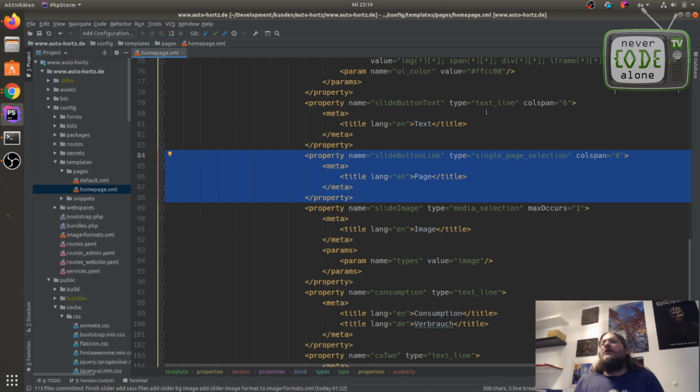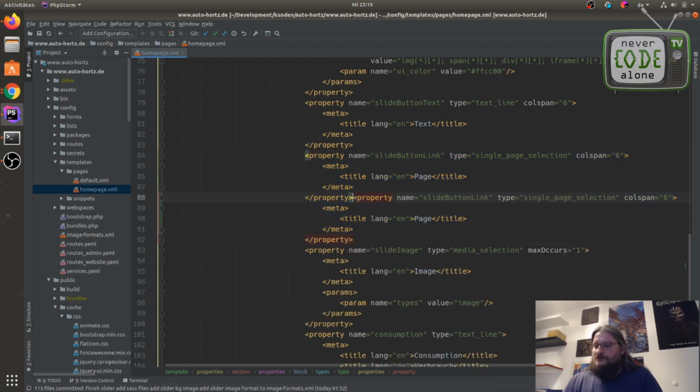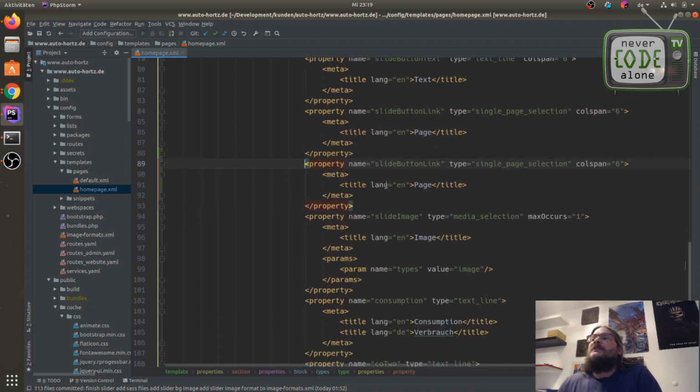This is the slide button link, and when we want to add a second link here, normally we will copy this and press Ctrl D, then a new line, and we will replace this variable name with slide second button link or something else.